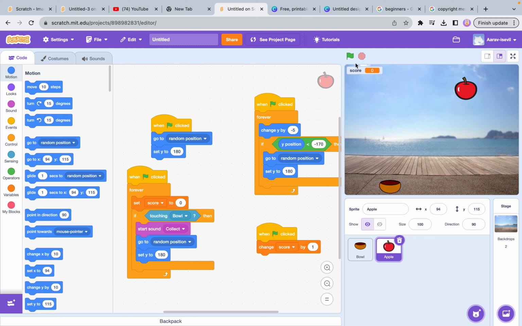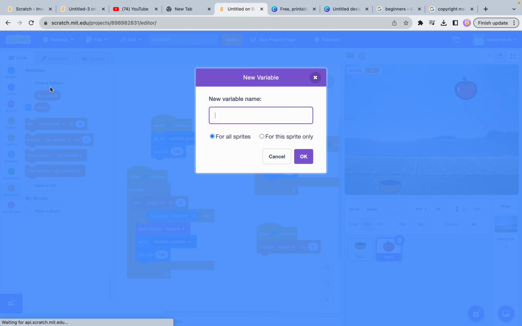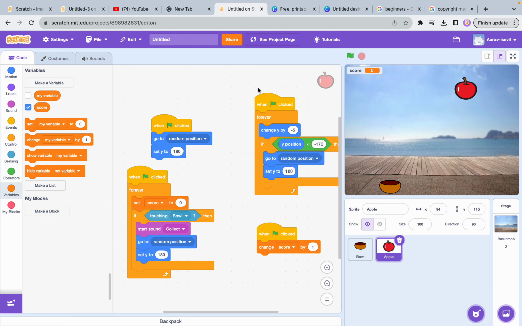Next, when flag clicked, in the forever block, set score to 0. When you have a score, you first set it to 0. By the way, to make the score, you go to variables and type score here. Then drag out the set my variable block and set score to 0. Once you've done that, then you have if